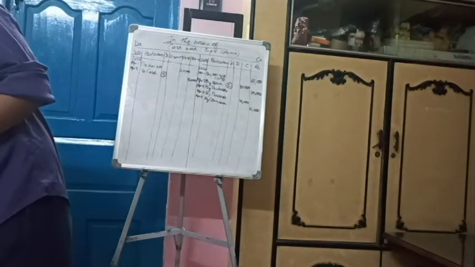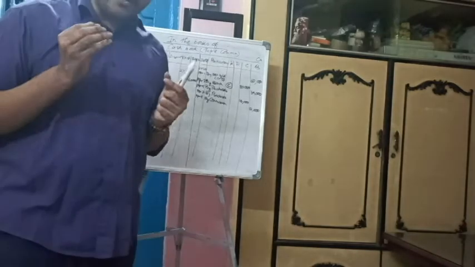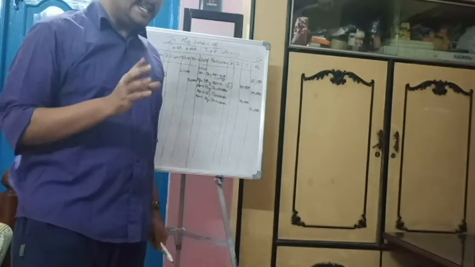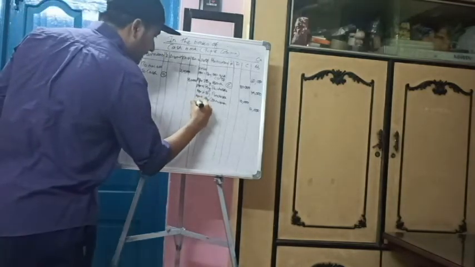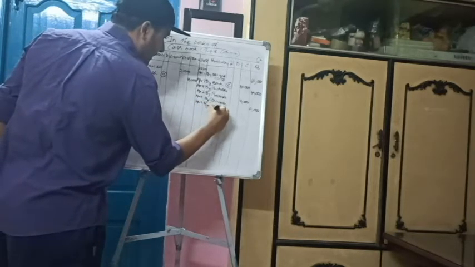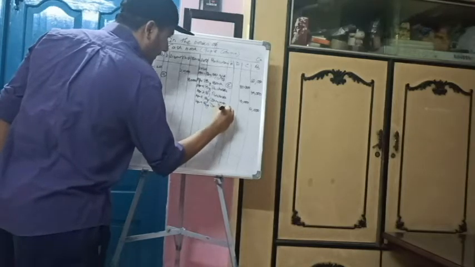Now a very important entry. Please note, withdrew from bank for personal use. Withdrew from bank, that is contra. But see, here it is not for office use. It is for personal use. That means drawings account would be debited. So drawings account debit, drawings account debit to bank. So by drawings it would be April 9. By drawings, the value would be 2,500.